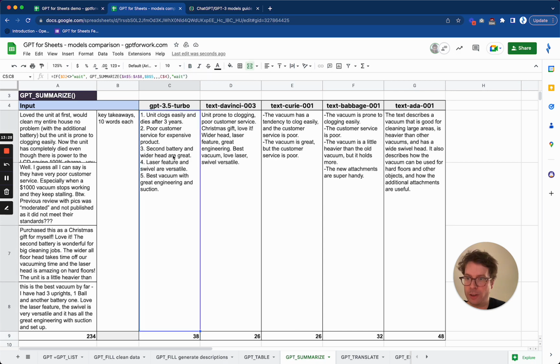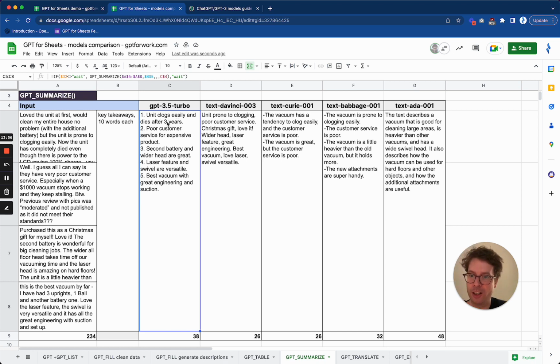Now let's look at the summaries. So here, oh, actually, sorry. Please ignore what I just said. It shouldn't be 10 words for the full summary. It should be 10 words for each key takeaway. Sorry about that. Nonetheless, what I said is relatively true. Usually, the models are not so good at counting words. Even though here, ChatGPT seems to have done a pretty good job at not going over the 10 words limit